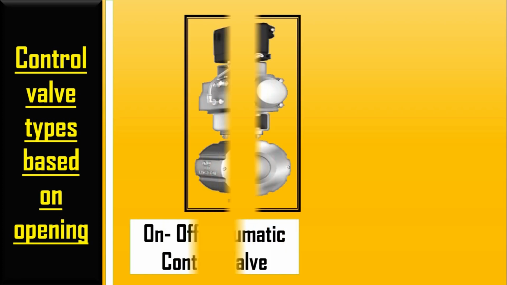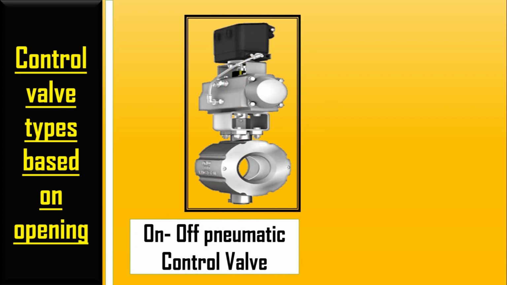Now we will discuss about control valve types based on opening. Control valve may be categorized under various ways. As for example, suppose we are taking control valve on the basis of air, it will be air to open control valve and air to close control valve. Now according to the basis of opening, control valve will be on off pneumatic control valve. Here you can see in the animation